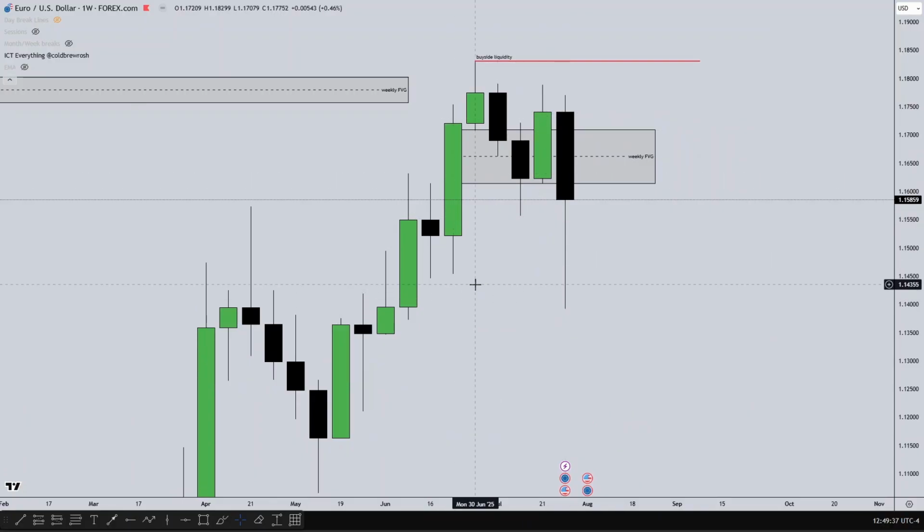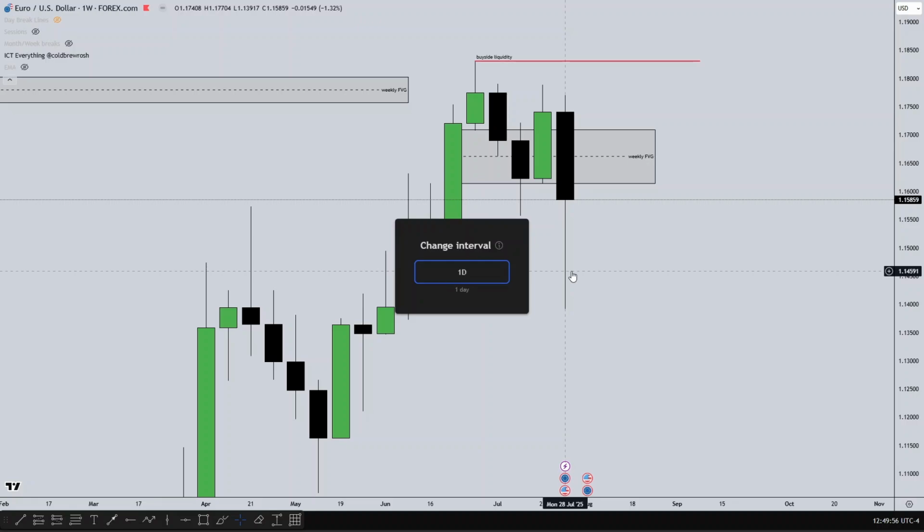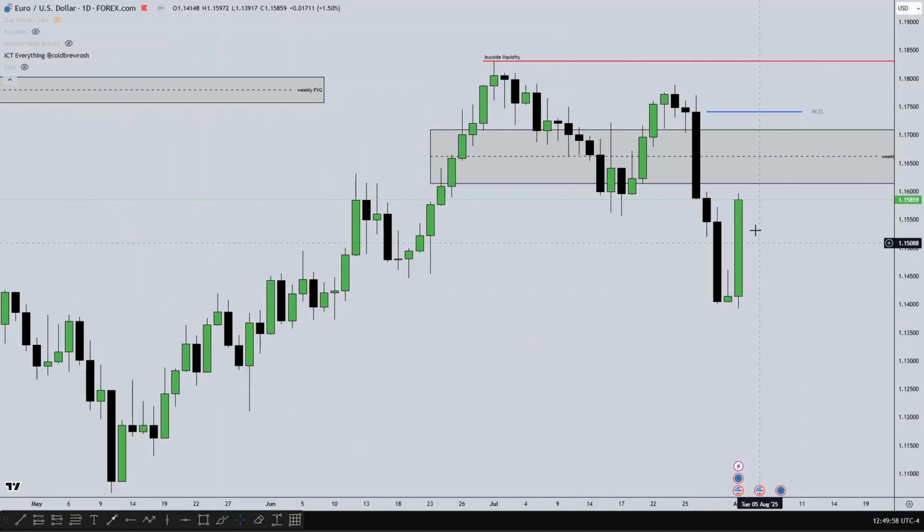Going into next week, seeing that price took out the swing low and traded back to the range, I clearly don't have a clear bias on where I'm anticipating price to go on the weekly time frame. Although I can still use the daily time frame for bias, where I'm looking at the intraday setup within a daily range to determine my bias, if I were to sell from the current price direction, where price is close to the weekly fair value gap and is going into this daily fair value gap. So I can still determine daily bias from this current price data.